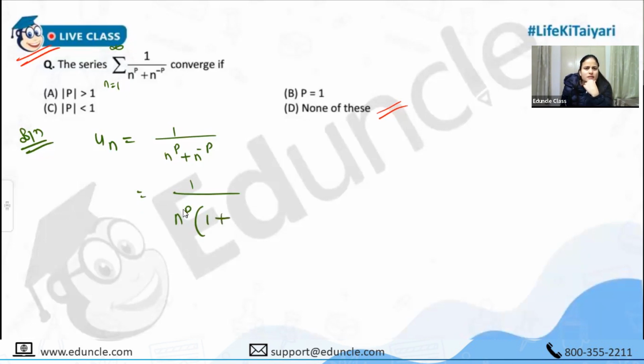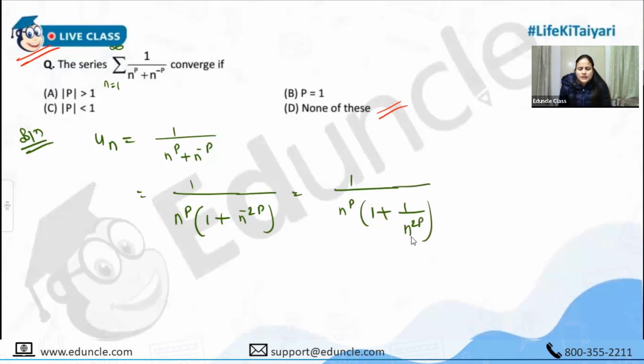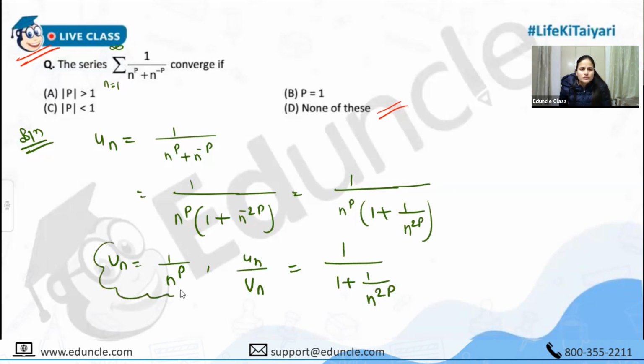1 plus, taking n raised to p outside, what we get here is n raised to minus twice p. The thing is 1 upon n raised to p, 1 plus 1 upon n raised to twice p. Correct? I am taking this. So if I am choosing here Vn as 1 upon n raised to p, then Un by Vn is nothing but 1 upon 1 plus 1 upon n raised to twice p. And this choice of Vn would be correct